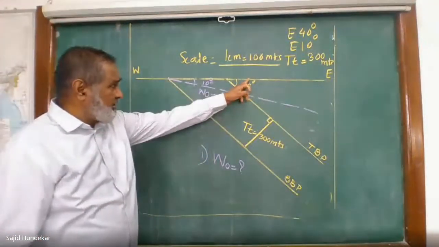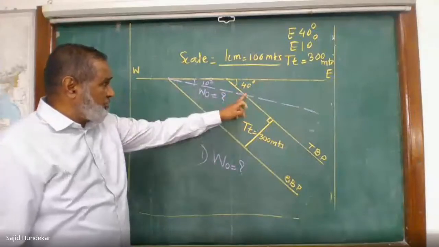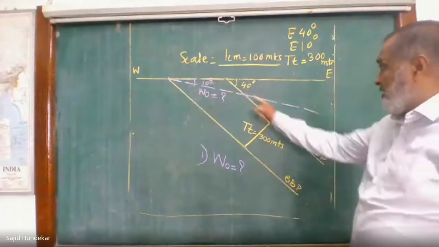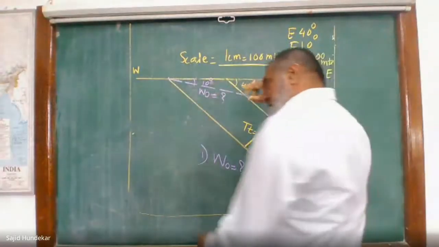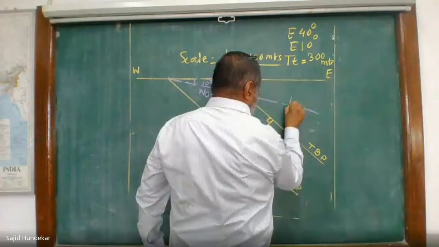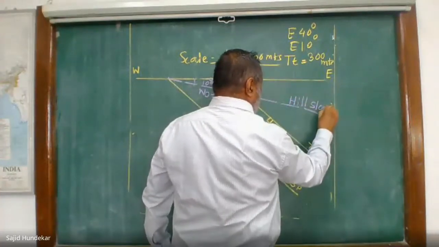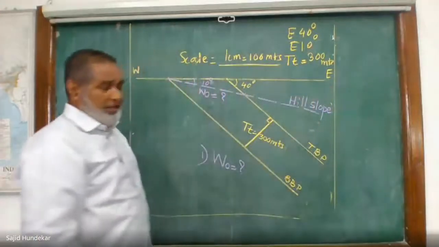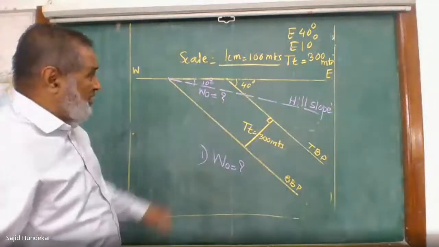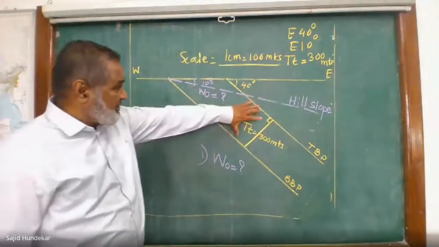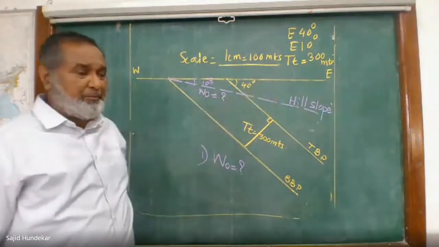Similarly, if you want the practice, draw the perpendicular. You can make out the VT. That also you can do. And here you have mentioned 10 degree. And here you can mention, this is your hill slope. Write down. So you get the idea. Use a different pencil for showing this particular point. So you get the idea that this is the bed and this is the hill slope.